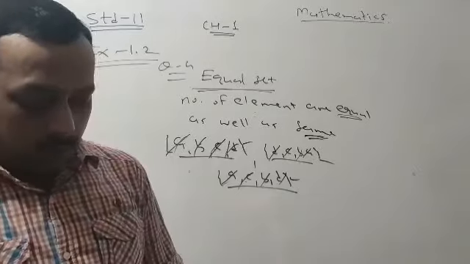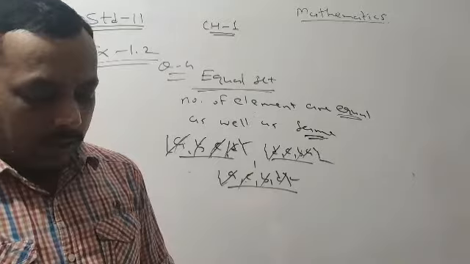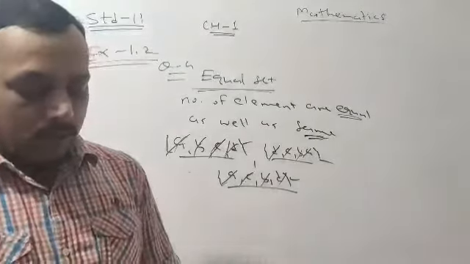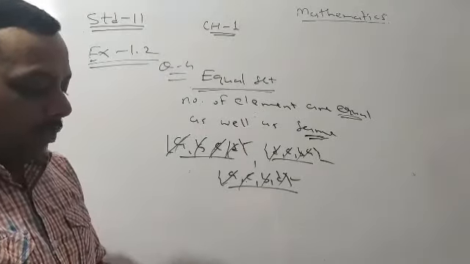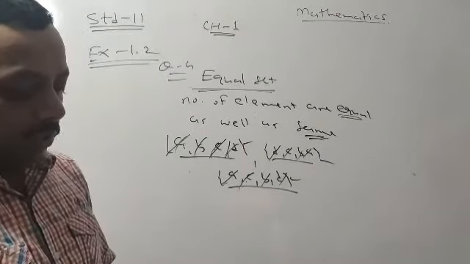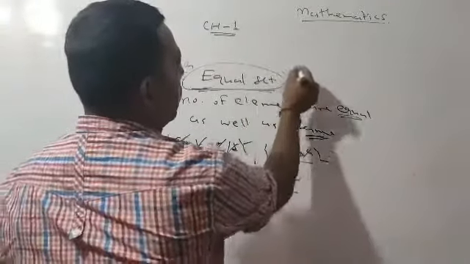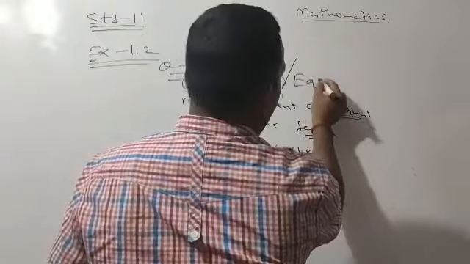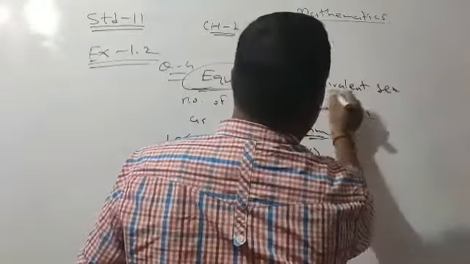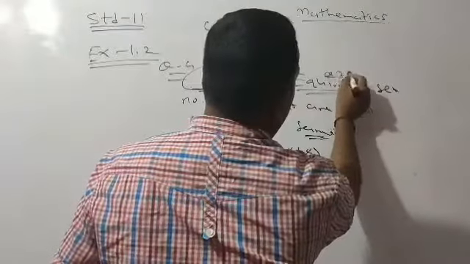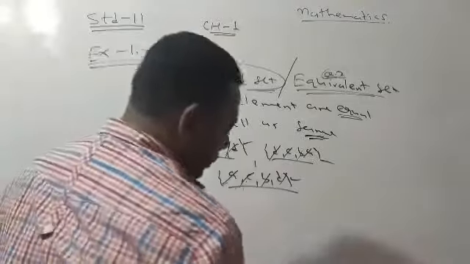Same way in question number 2. 4, 8, 12, 16 and the other one is 8, 4, 16, 18. See, here the number of elements are the same, but in set A, 12 is present, but in set B, 12 is not present. So that set is not an equal set, but it is considered as an equivalent set. So question number 2 of main question 4 is considered as an equivalent set.